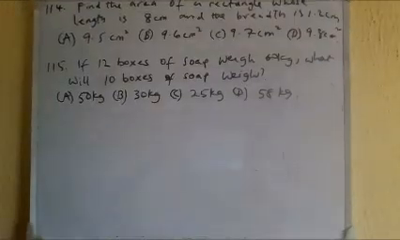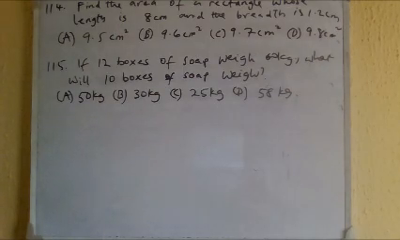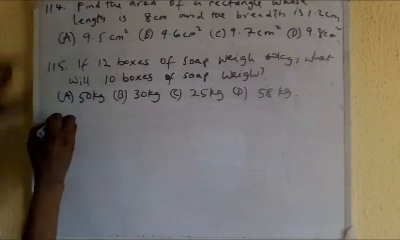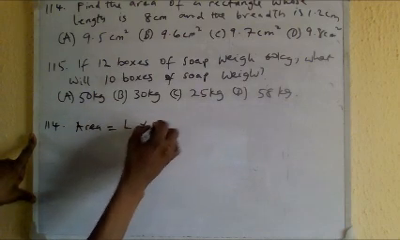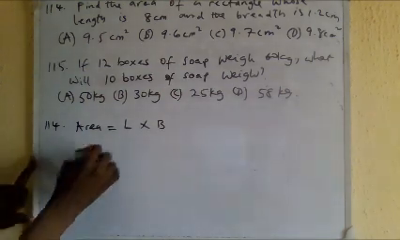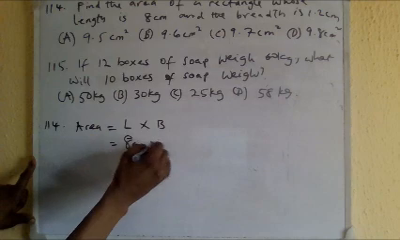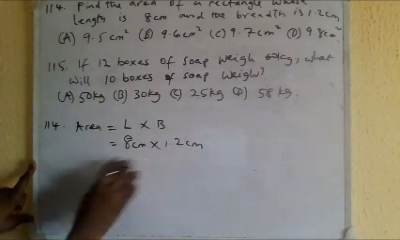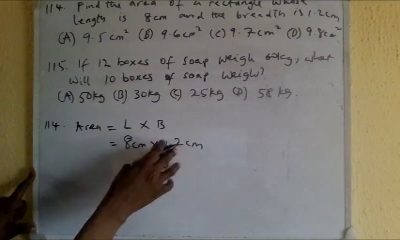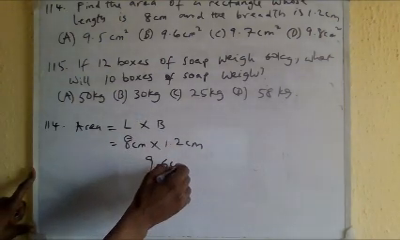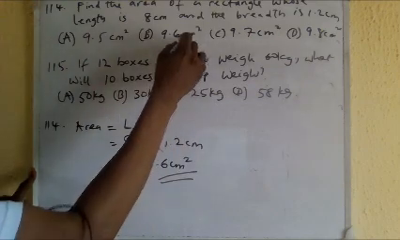Okay, so we have a question on the board. It says find the area of a rectangle whose length is 8 cm and breadth is 1.2 cm. So 114. Area of rectangle formula is given as L times B, where L is the length and B is the breadth. So the L here is 8 cm times the breadth here is 1.2 cm. So 8 times 2 is 16. Then 8 times 1 is 8 plus that 1 is 9. So 9.6 cm squared. So the answer is B. So the next question,